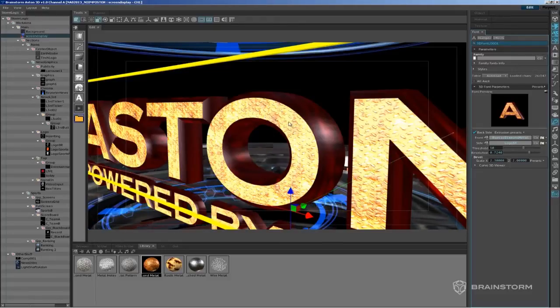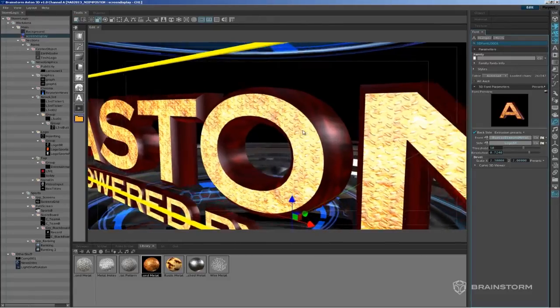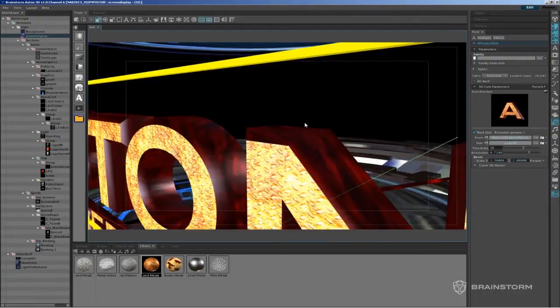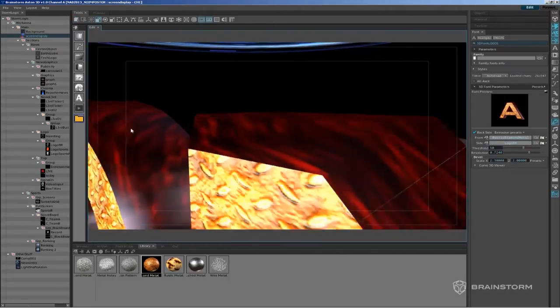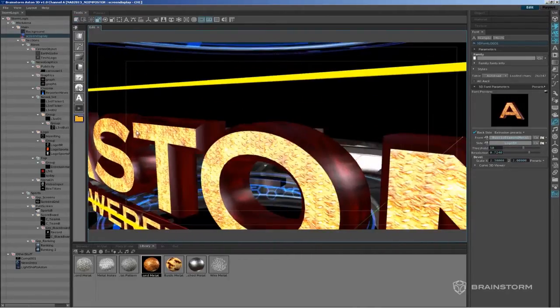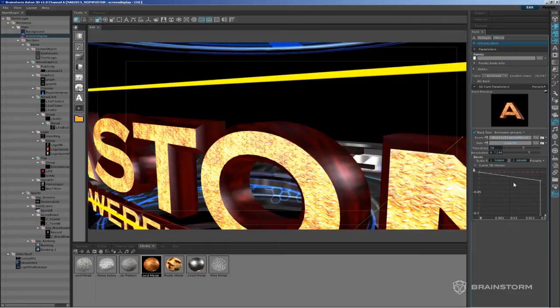Okay, let me show you something else. If we get closer to the letters and rotate a little bit, you will be able to notice it much better. So let's move that. You see that this letter and all the other letters are extruded following a certain profile. So we can open